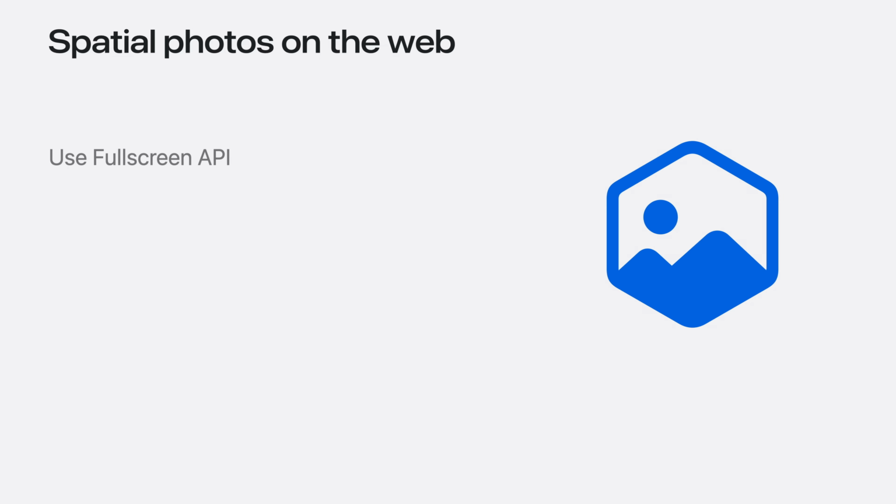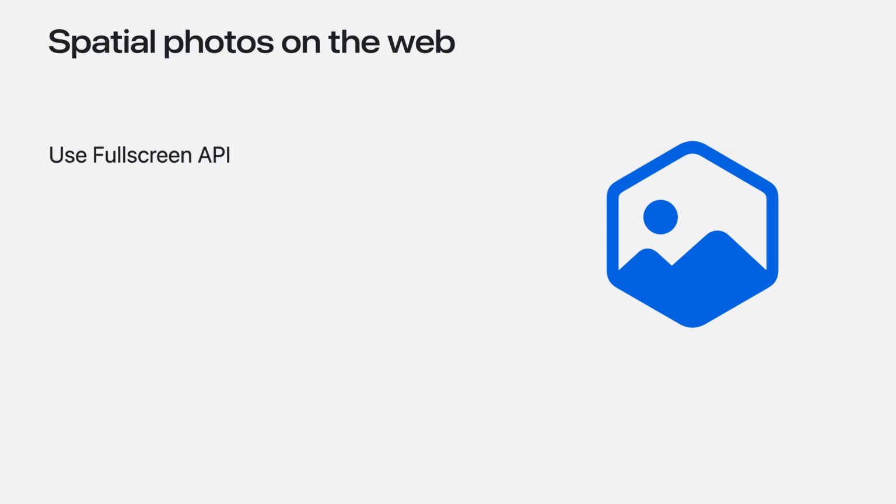We want you to be able to share your spatial and panorama photos in a way that's most impactful for your users. Fortunately, the web already has a standards-based solution for this that we think is one good way to address the situation: the Element Full Screen API. Going full screen on a display like a Mac or an iPhone means that your app is the only thing being drawn to the screen. And Element Full Screen means that the whole display is being used for just that element. Developers often use it for custom controls for video playback, but we think it's a good fit for the demands of spatial photos as well.